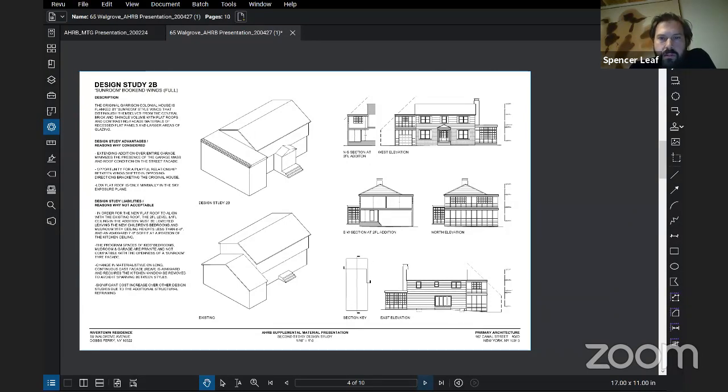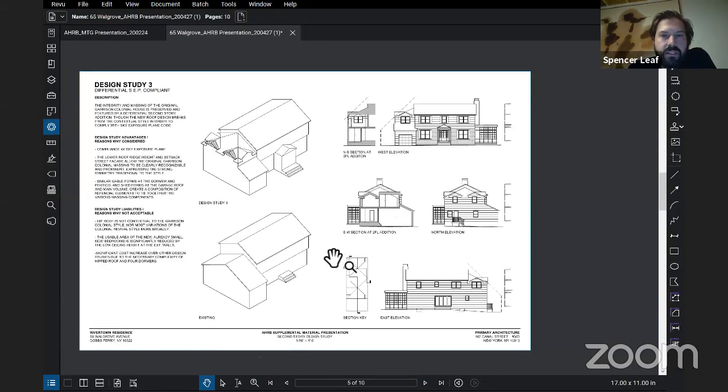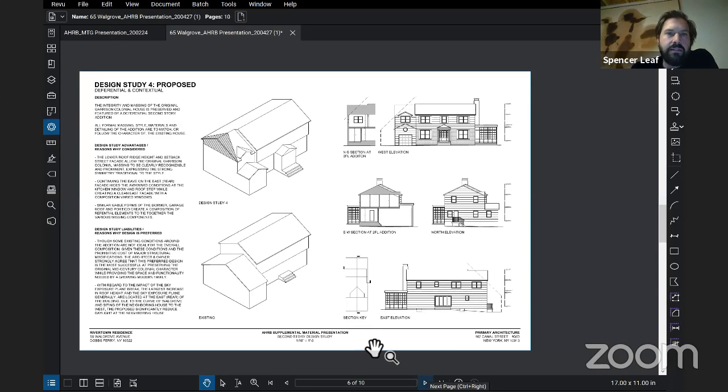As we started to look at how we could comply fully with sky exposure plane, we did a version where we have essentially a hip roof with 4 gables, given that the gables are permitted to break that plane. And while this version does technically comply fully with the sky exposure plane, it really doesn't appear right for the building, in my personal opinion. The colonial, particularly the Garrison colonial style, is not a style that has hip roofs. It has sort of more architectural flourish than the style would typically allow, which is where we ended up with our design study 4, which is our proposed design, looking at